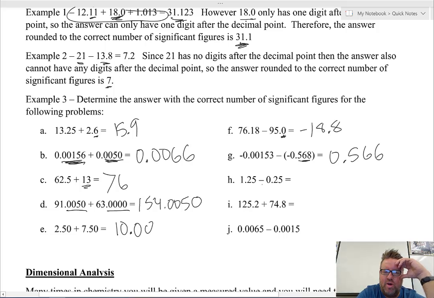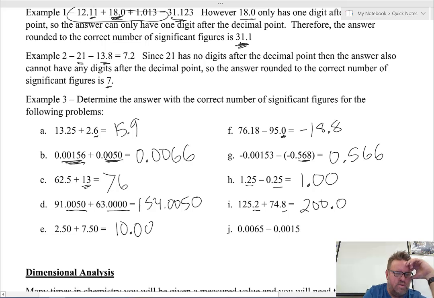Okay, letter H, 1.25 minus 0.25 is 1. Okay, but both numbers have 2 digits after the decimal point, so we can't just put 1. It's got to be 1.00. Okay, 125.2 plus 74.8 equals 200. And again, both of these numbers have one digit after the decimal point, so we also have to put one digit after the decimal point,